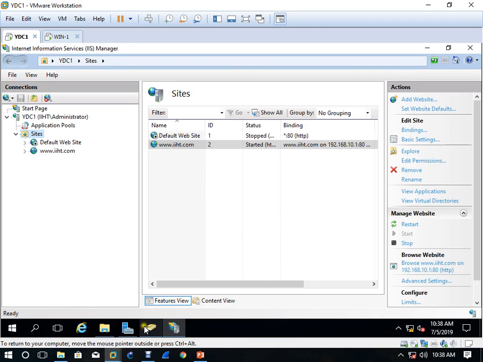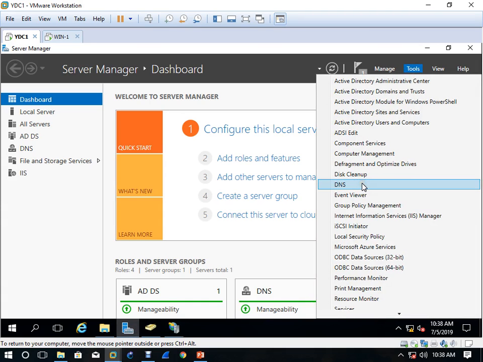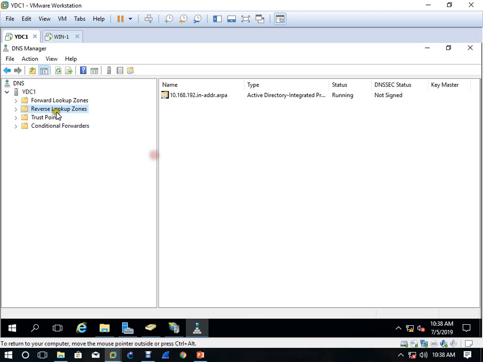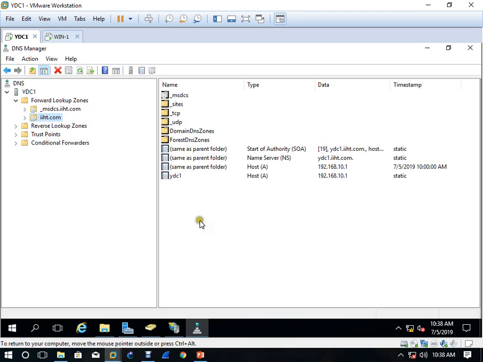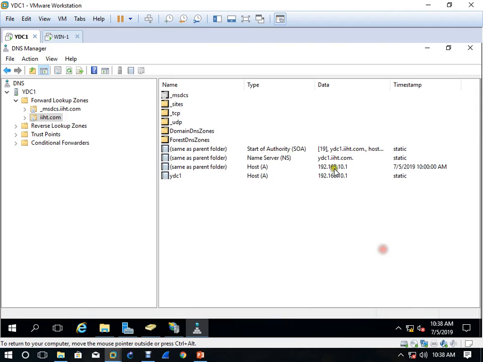After restarting, we go to Server Manager and in Tools, DNS. In DNS, we go to the forward lookup zone. Right click, new alias, which is used for creating two names. What is the name of this server? The fully qualified name, yaoundedc1.ist.com. So do you open any website like this?